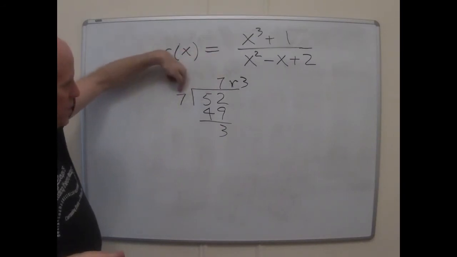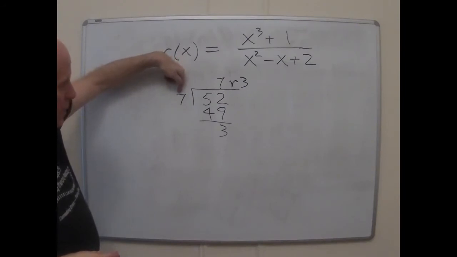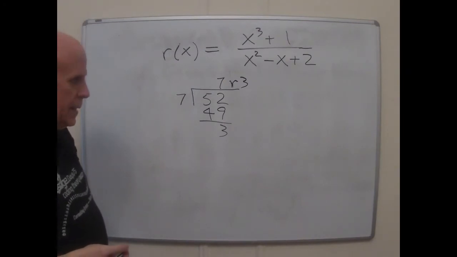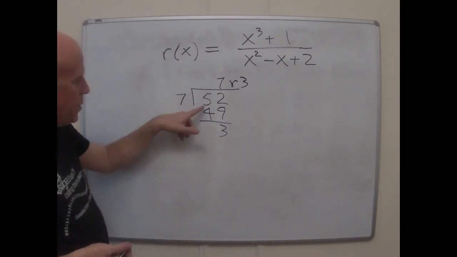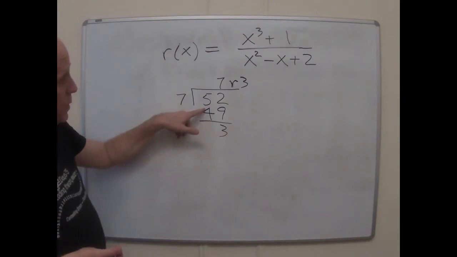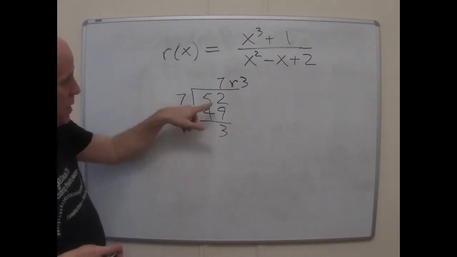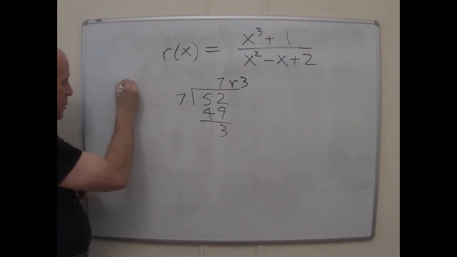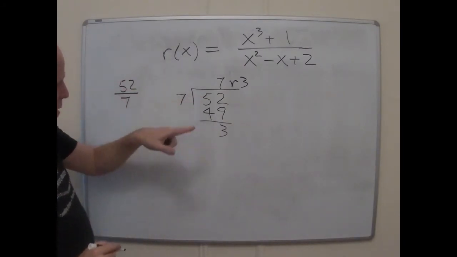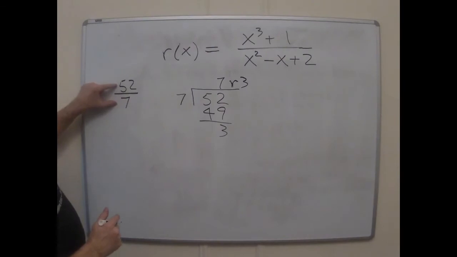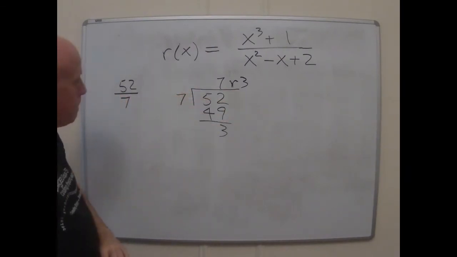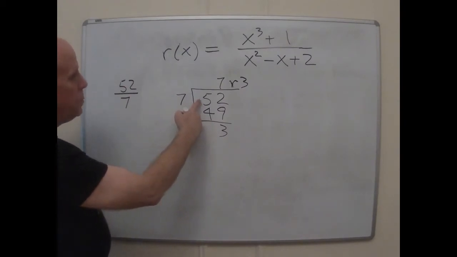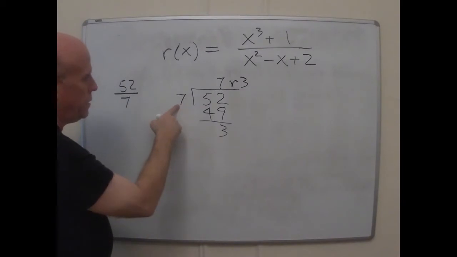Which fills which role? Which is the thing outside the little L-shaped gizmo, and which was the one inside? I guess I just want to think about what fraction we would be dealing with if we were to set up that division problem. It would be 7 in the bottom and 52 in the top, right? To get that, we would divide 7 into 52. Well, this answer would be 7 and a little bit. 7 with some remainder, okay? So we're going to want the thing inside the L to be the numerator and the thing outside the L